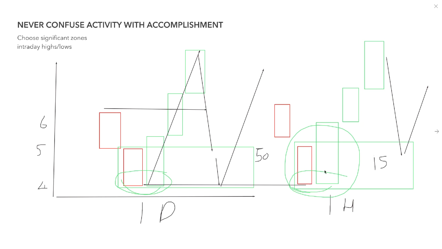And like I said, I'm not saying that you can't take these zones. All I'm saying is marry it with the strongest area within this daily demand zone, and then what you want to do is go down into something like the hourly, look for those demand zones, and look to trade that if prices do come down into that area,